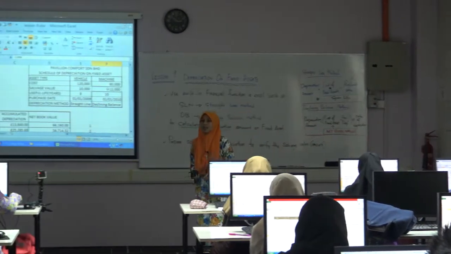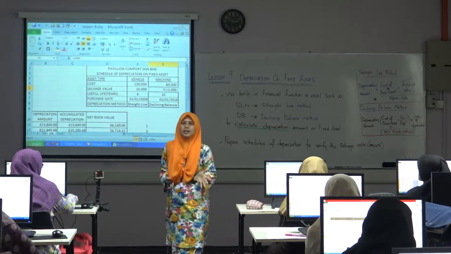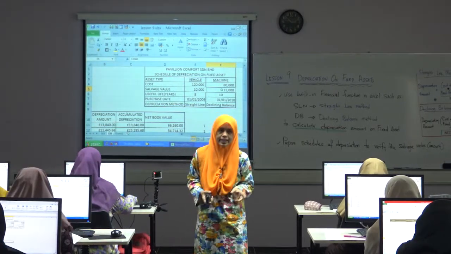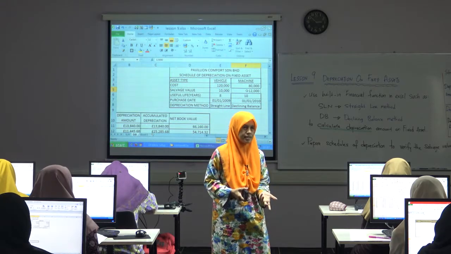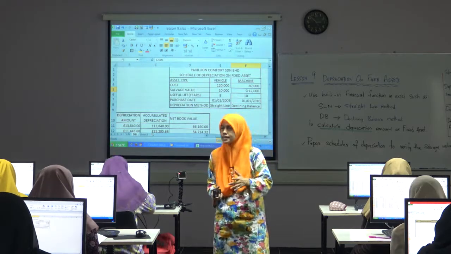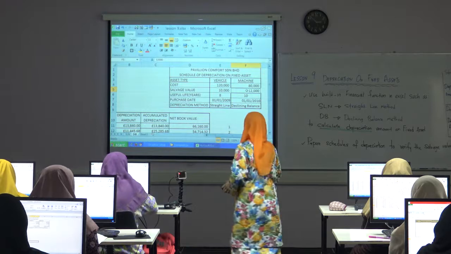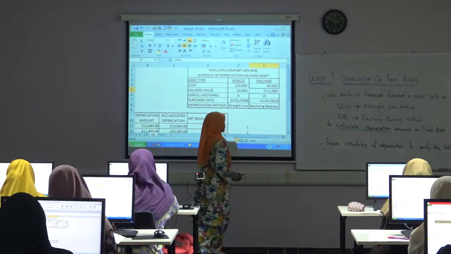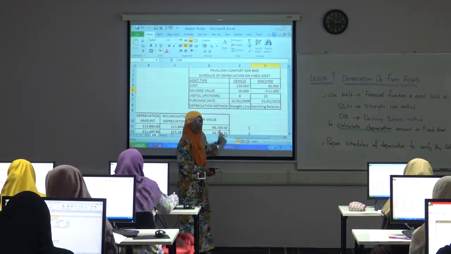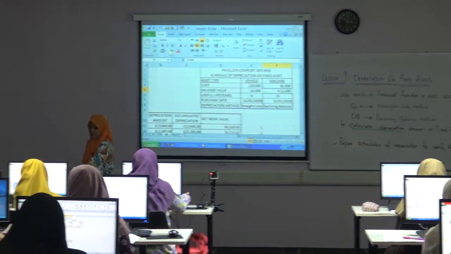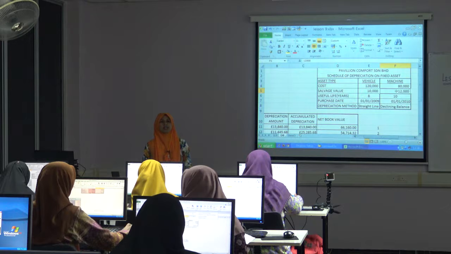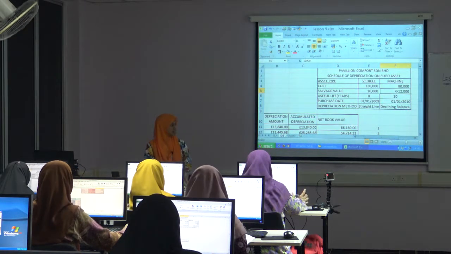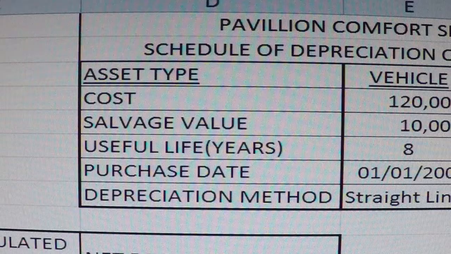Any rate of depreciation normally calculated will give you decimal places, so with decimal places, you might have a rounding error. So guys, to show that your depreciation percentage can be calculated based on a formula,